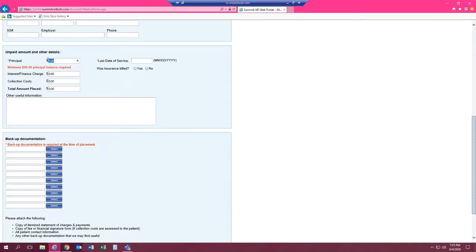You can't have this be 40 and then you add interest or finance charges and you add collection costs and then the amount is over 50. The principal has to be $50. As far as interest charges and collection costs go,